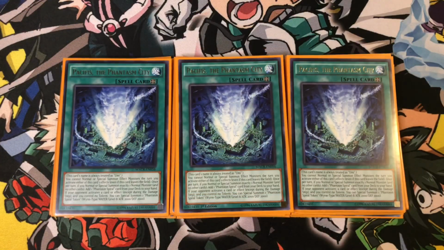City is definitely the glue that makes this whole deck a lot more consistent and a lot better. The first part of its effect, which actually comes up a little later in the deck profile, is the fact that it's always treated as the name Yumi. Additionally, it has an effect where if you use its effects, you can't normal or special summon effect monsters that turn, even if it leaves the field, but that doesn't really affect us because we are running so many non-effect monsters in the deck